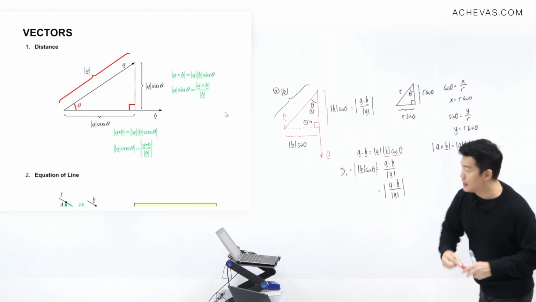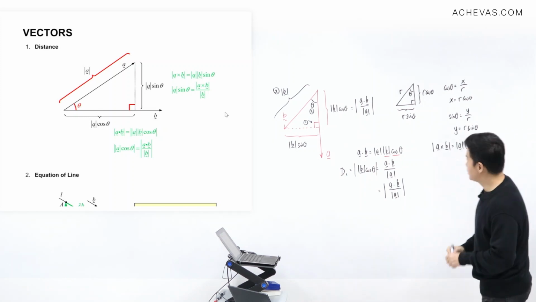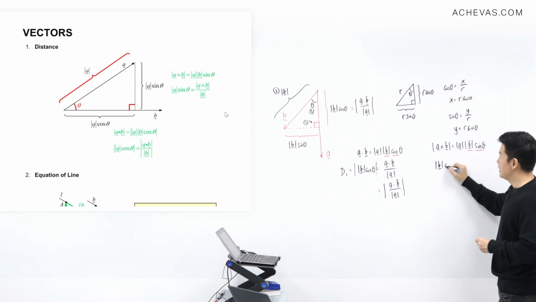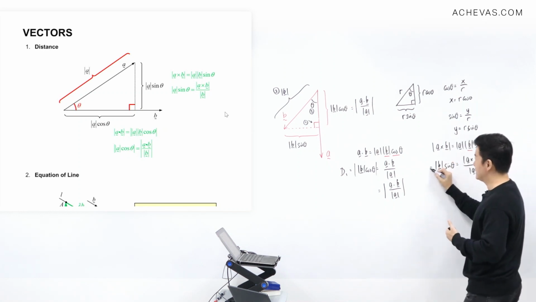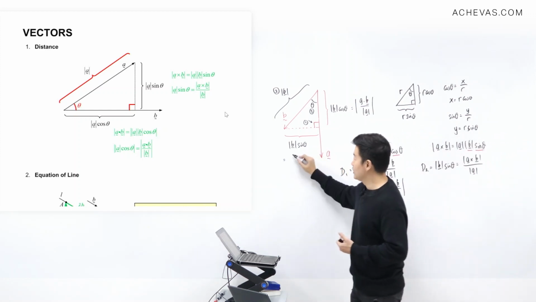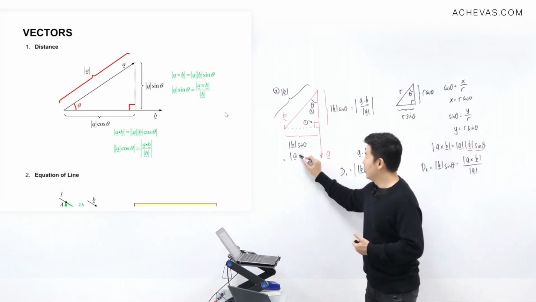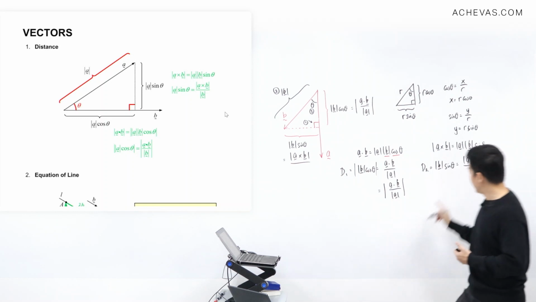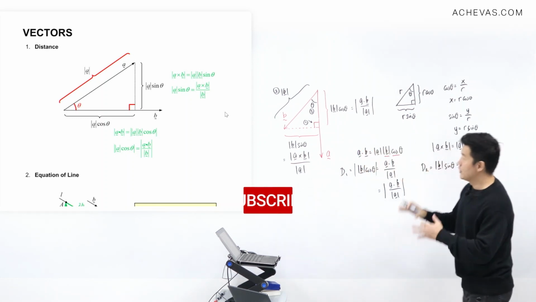And we do see a modulus of B sine theta here. By making it the subject, modulus of B sine theta is equal to modulus of A cross B divided by modulus of A. So now we know that this distance, let's say D2, can also be calculated by doing modulus of A cross B divided by modulus of A. So we have a modulus of A here. So in order for us to